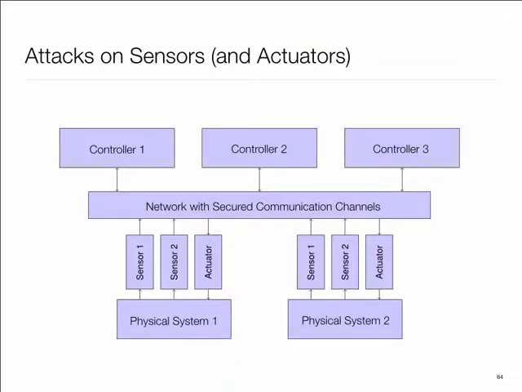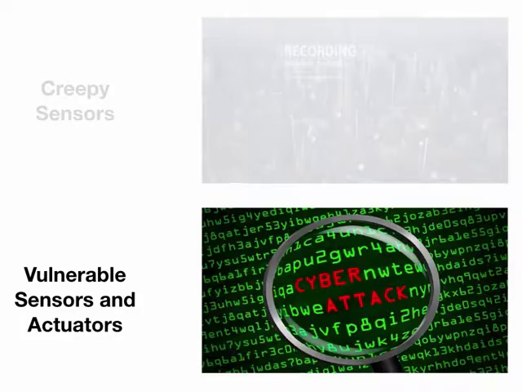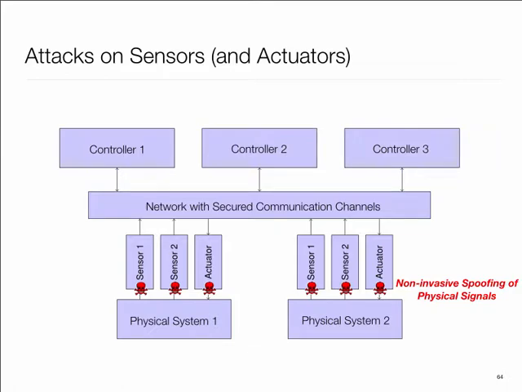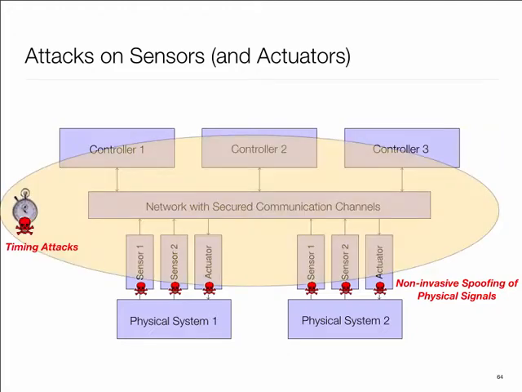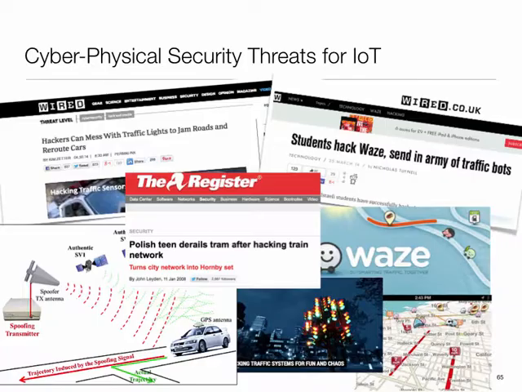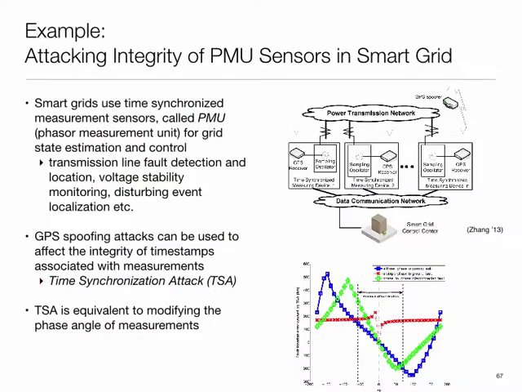So there are a lot of these examples happening. What they all boil down to is that attacks are no longer just on the cloud. They're actually happening right here at the sensors and actuators, which is where we least protect these things, and they are the critical part of IoT. So understanding how to protect against these is another challenge for IoT. I'm going to skip some of these slides. We're going to come back to it later.